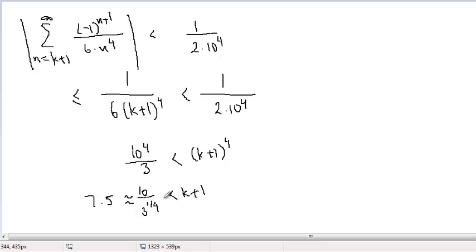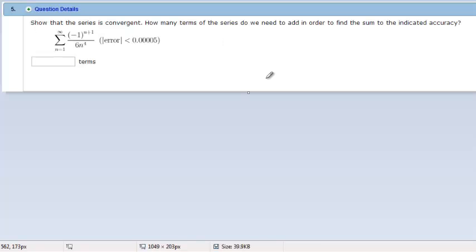So in order to establish this inequality, I have to choose k at least 7, right? So for k equals 7, I will get this inequality satisfied, which means the error will be smaller than the demanded threshold. So when I go back and use this value, I can get the correct approximation. So the answer will be, I need to use at least 7 terms to get an approximation with error at most